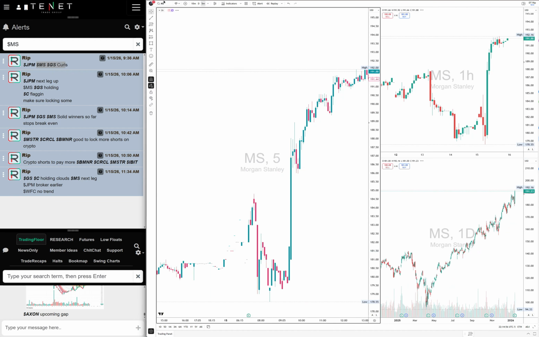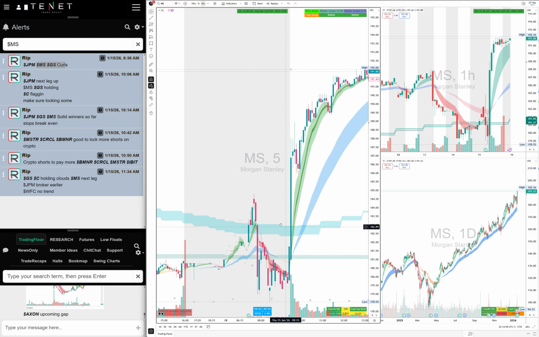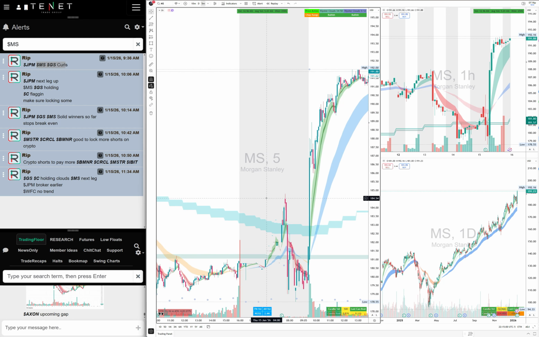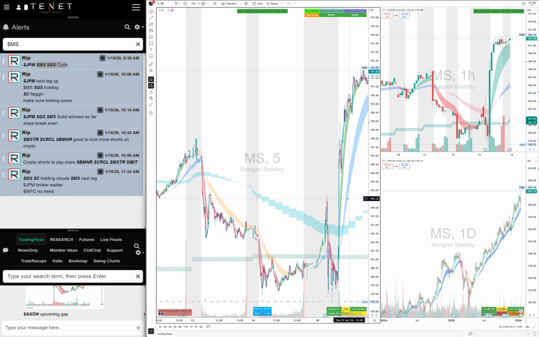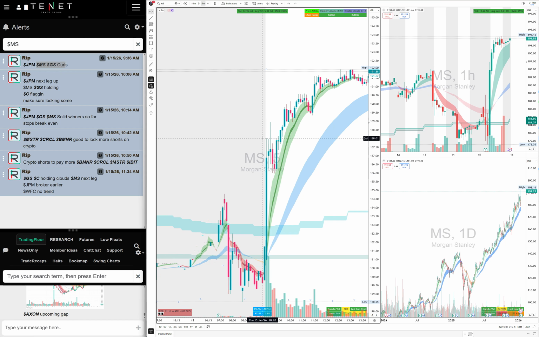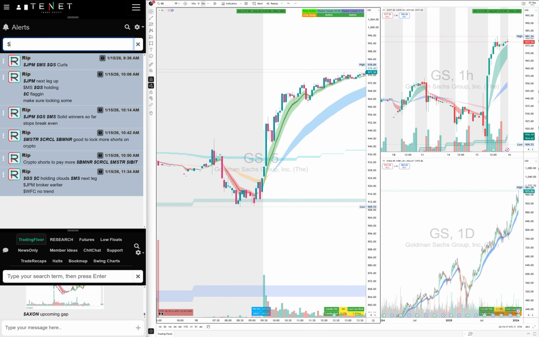So let's see, Morgan Stanley. It bounced, curled over the 1 hour MTF cloud, broke out of the pre-market highs, made a new all-time high. You see that new all-time high? This is the breakout, this is the flag, new all-time high right here. As we moved higher, we moved the stops to break even, so that's how you did it. The next bank was Goldman Sachs. Let's look at Goldman Sachs. So Goldman Sachs was also the curls right at the open.